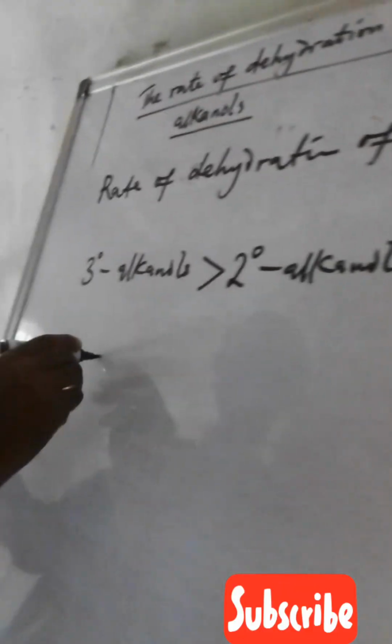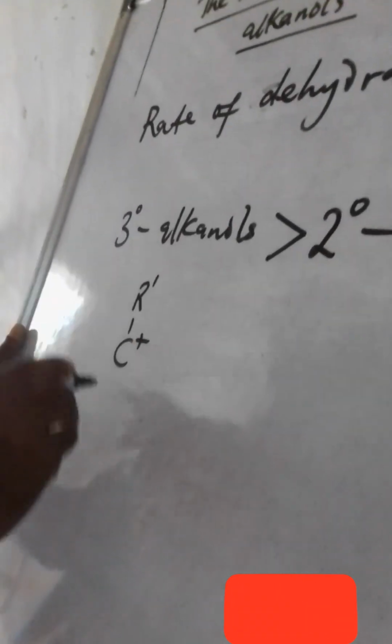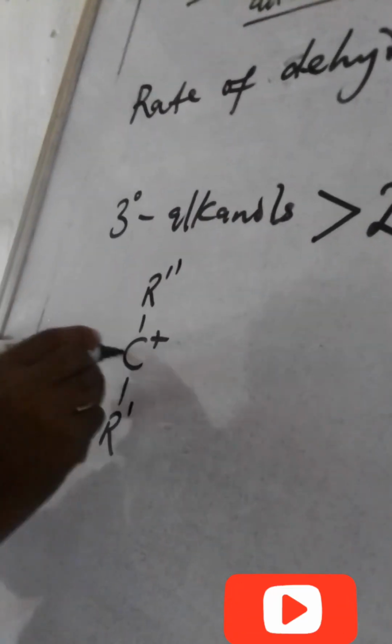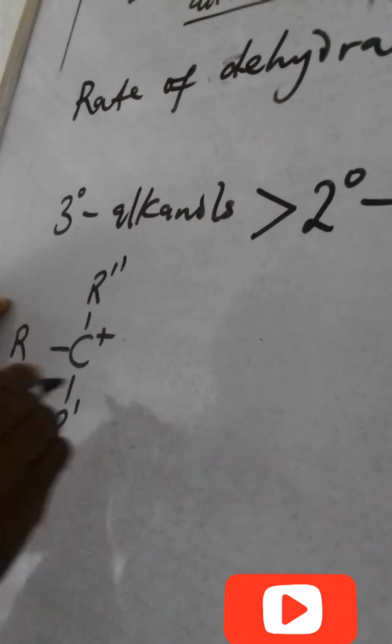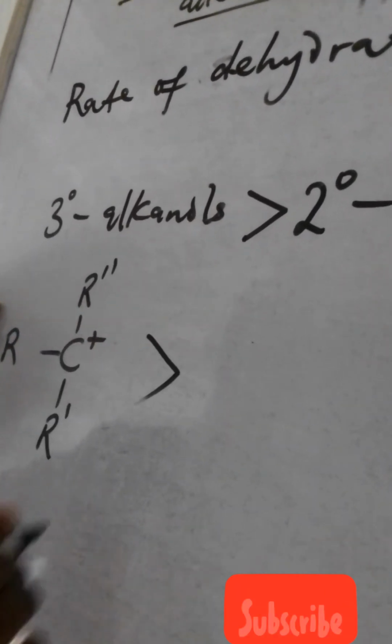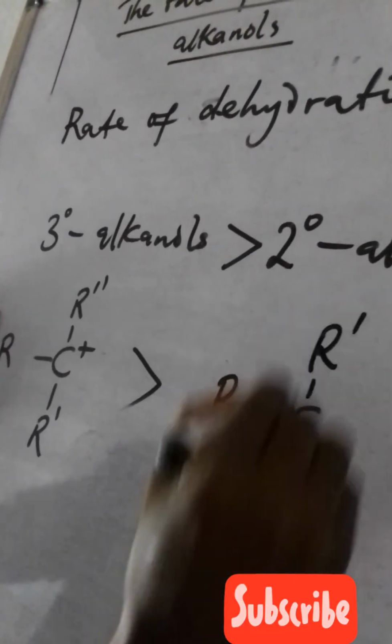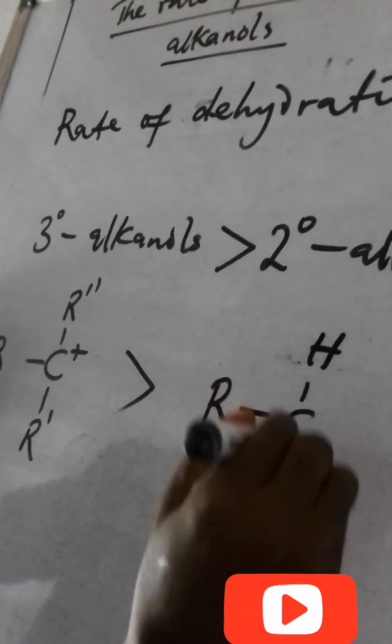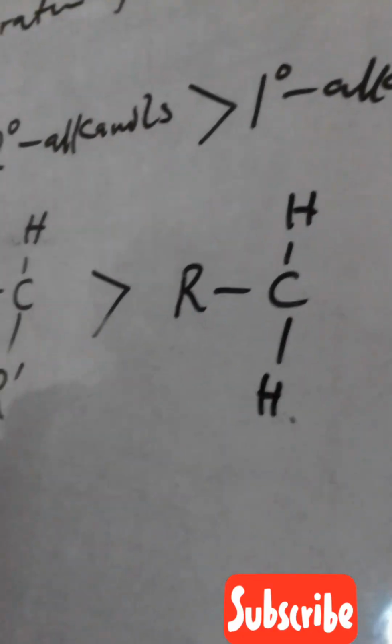Or you can say something like this. Tertiary has the highest rate, followed by secondary. And the least is primary. And this is the rate